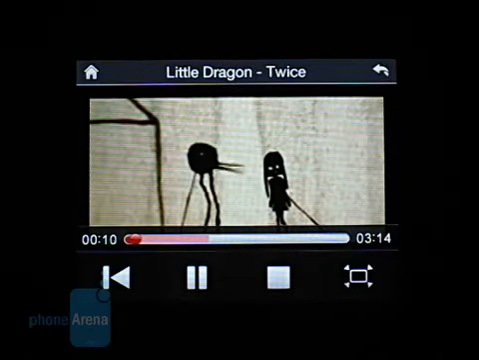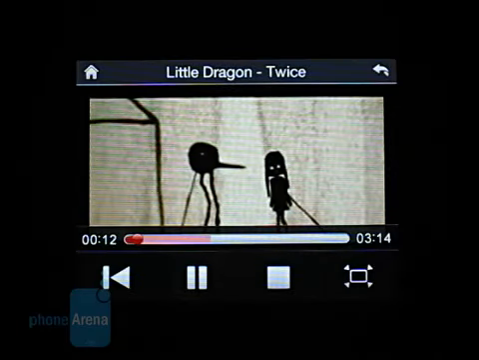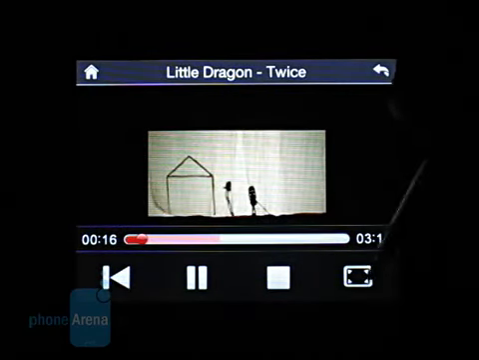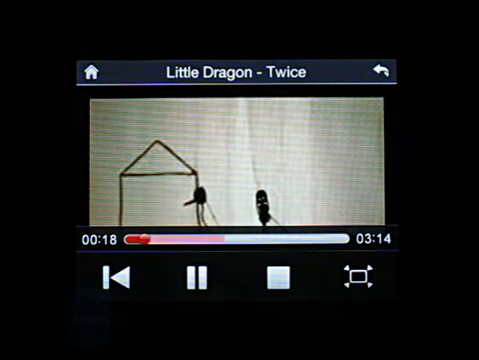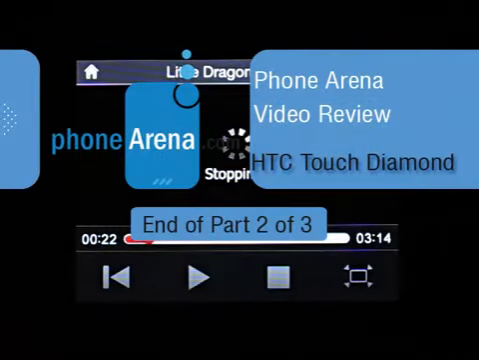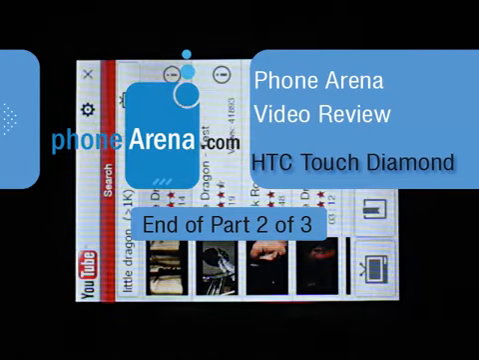As you can see, the video is loading here. Like we said, tap on the screen and we get the controls. We can switch between full screen and small screen mode, although I'm not sure why you would want to go with small screen. Again, tap back, and we're back